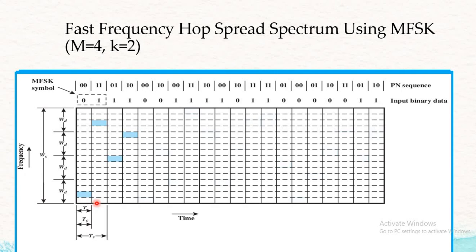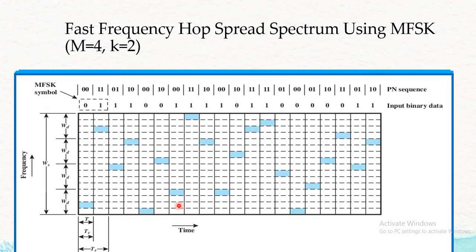Likewise for the second section. For the second section, this is 1 1 and the PN sequence is 0 1. So 0 1 is this, 0 0 0 1, this is your 0 1. In that you have to transfer 1 1. So it will occupy this particular position. Then 1 0 means 0 0 0 1 1 0. Here is a 1 1. So likewise you have to fill all values. So here we are observing there is a continuous change in the frequency. Okay.